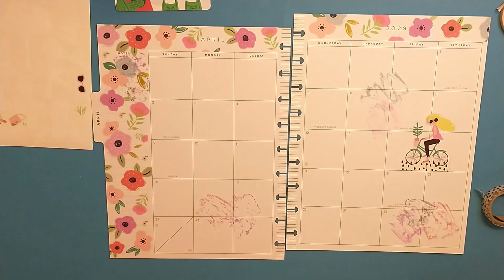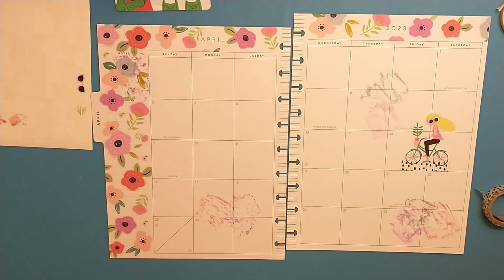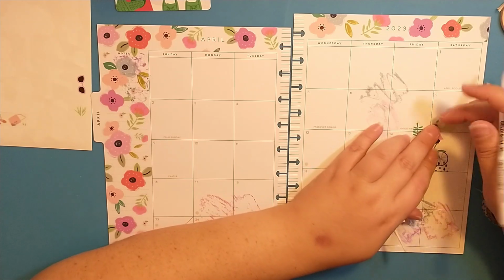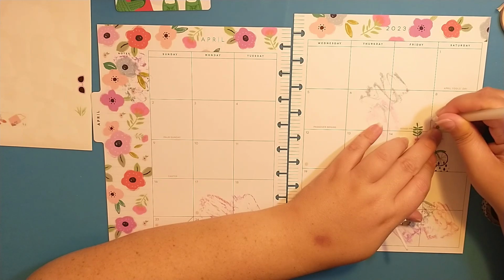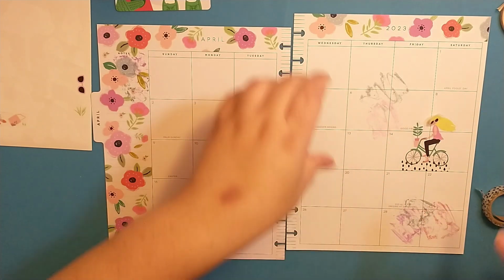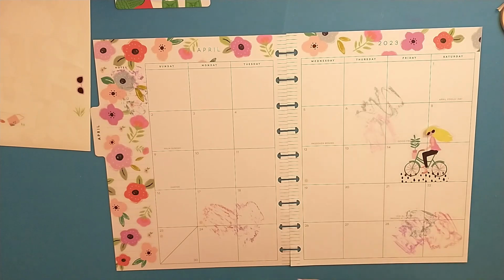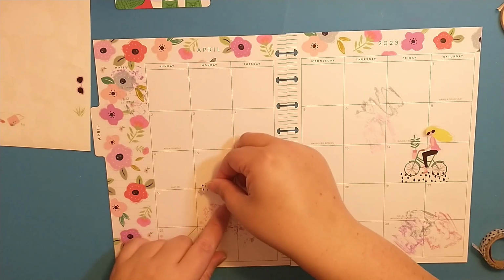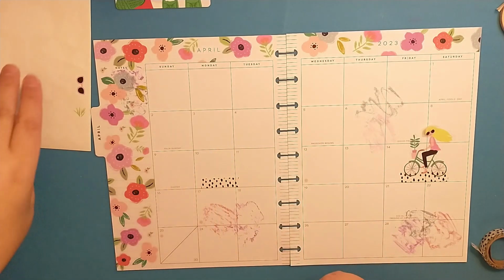Time to trash that one. And open my new pack. All right, give that a second to dry. All right, so put her there, and then let's see. We have Easter here on Sunday, and I definitely think I want to get a box for that, but I think...